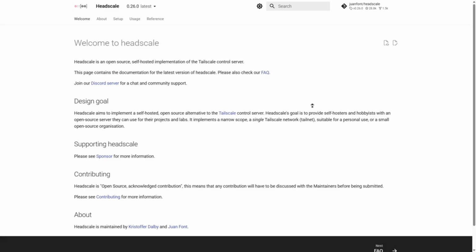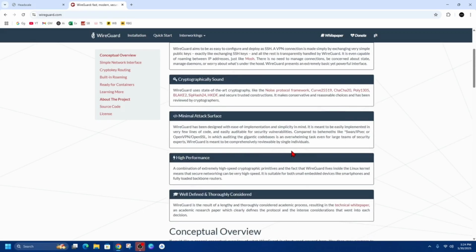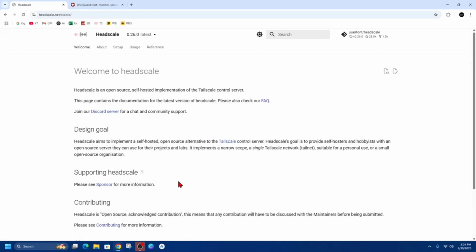It's built to work with clients that support Tailscale, a popular service that makes networking super easy. But unlike Tailscale, which is a paid cloud service, Headscale is something you can host yourself. That means more control and more privacy, especially for tech-savvy users or teams who want to run things on their own servers. So, in short, WireGuard gives you the secure connection, and Headscale helps manage those connections in a smart